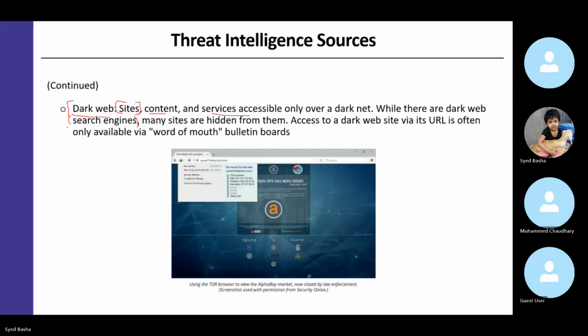You cannot simply connect to the dark web through Google search. There are different sorts of search engines to get into the dark web. And don't be curious. Don't get any such search engines to get into the dark web, because then you have a higher possibility of getting your laptop infected the moment you get into the dark web. There are certain procedures which we will discuss in future classes.